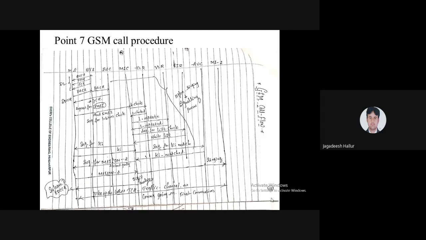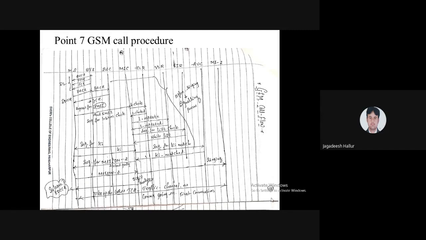Once the request has been received from your mobile station through the BTS to the BSC, the BSC will send one channel, that is the access grant channel, AGCH. The grant has been given for accessing the network, for dialing the number, for connecting the call to your friend.